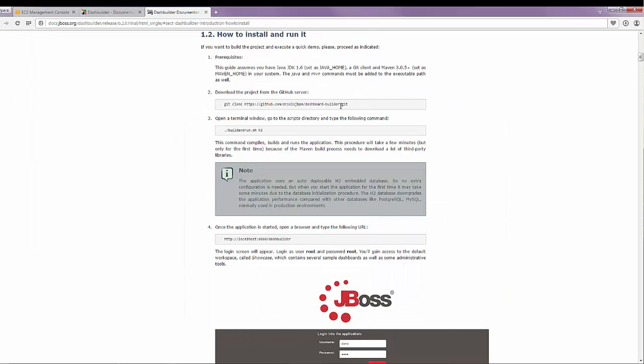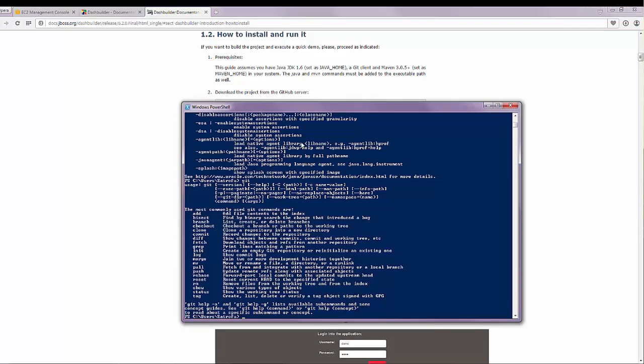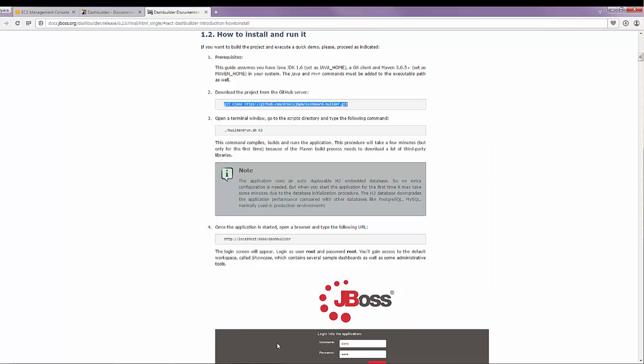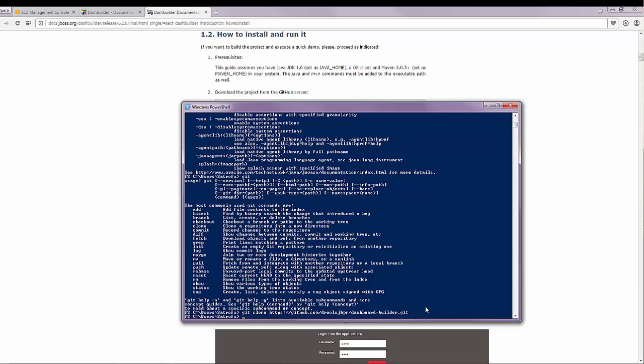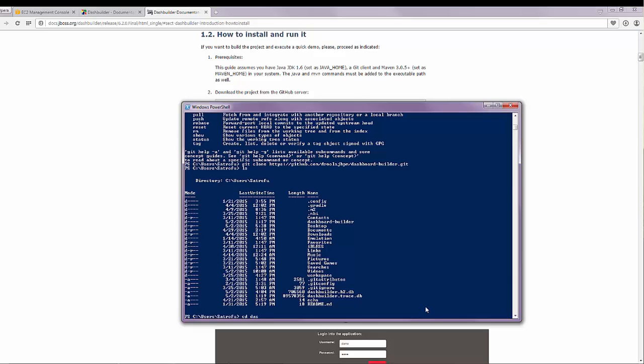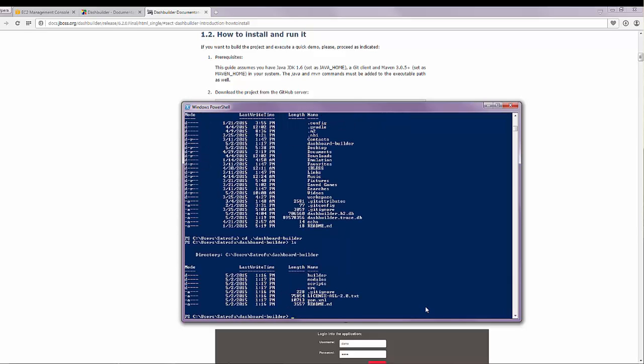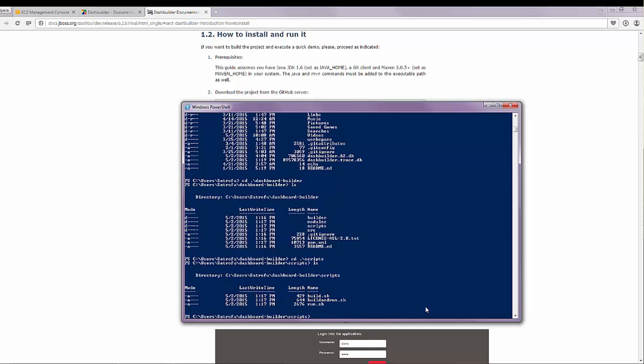Finally, you have to clone the Git directory with this command. You press enter, it's going to download some stuff, and then you have to go to the following directory: Dashboard Builder, go to scripts. Here you're going to see three files: execute build.sh,